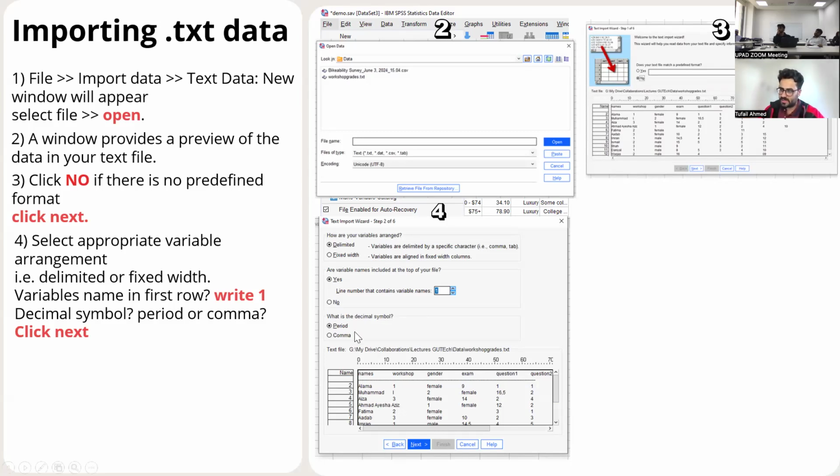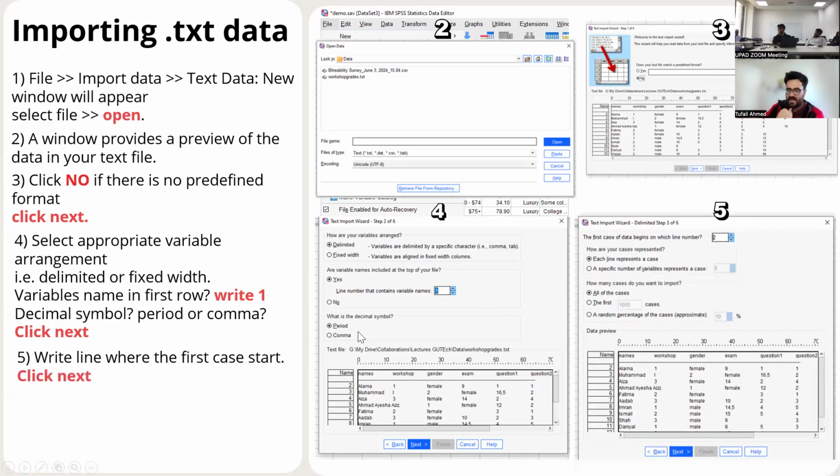So you also have to define which decimal symbol is used. If it's a period, you use point. If it's a comma, like in European countries, you click comma. Normally the data which I have, I think it's in point. Sorry, it's in comma. So we will click comma, and then the next tab will appear.